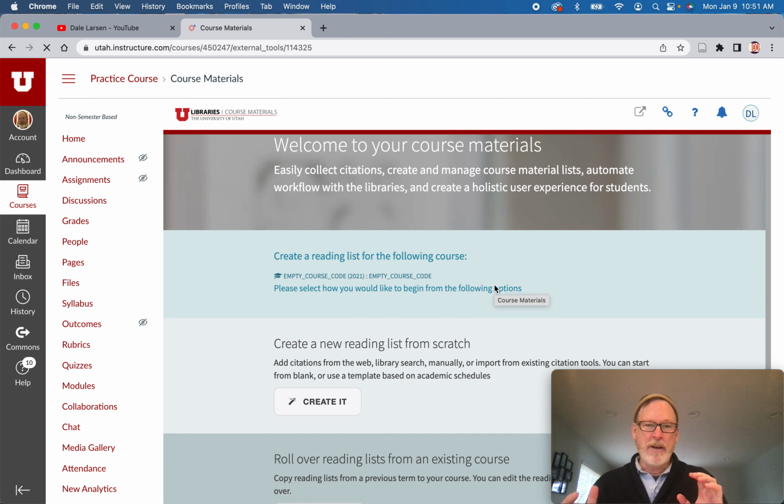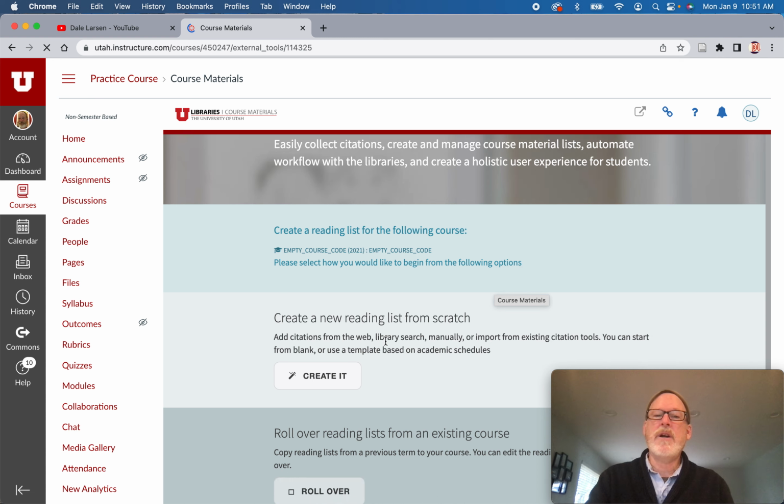Unless you are an advanced user, I would suggest starting a new reading list from scratch. There's ways of importing them and customizing them and things like that, and I'm happy to help with that. But just to get you started, this is a great place to go. When you click on Create It,